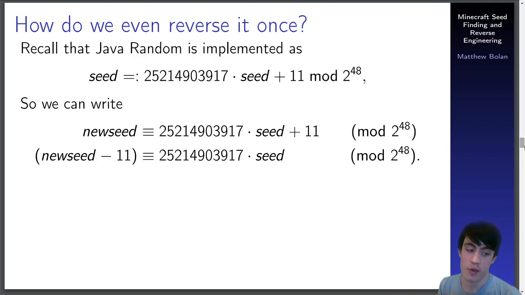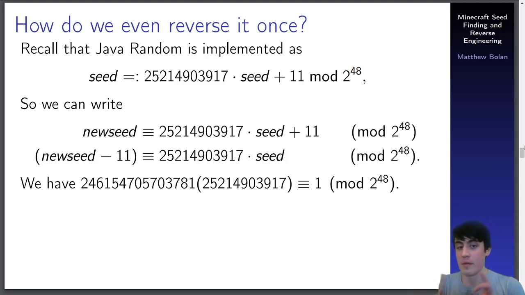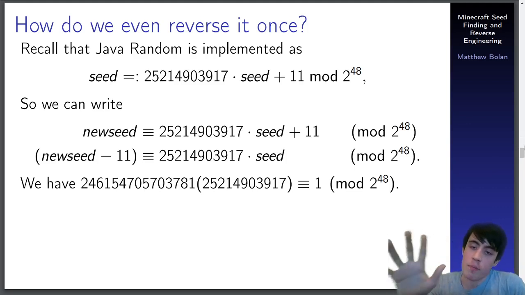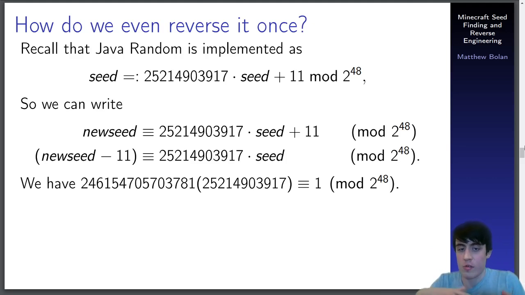And so the very, very clever solution is that instead of thinking about dividing both sides by this massive number, we're going to multiply both sides by a big number, which is this magic number. I'll explain where that comes from in a moment. And this number has this awesome property that multiplied by our a, our special 25 billion number, it leaves a remainder of 1 modulo 2 to the 48. So if we multiply both sides by this massive 246 trillion number,